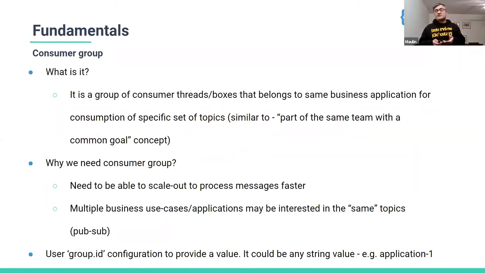The reason we need consumer groups is that in the context of your ecosystem, you could have one application that is interested in a certain set of topics, and there is another business application which also wants to use the same topic and data. However, their use of the data and the business needs are completely different in what they do with the message, which means they are not the same consumers. So logically, they want to separate that consumer using a different value of the group ID. They could say application 2, for example, and then Kafka will treat them as a separate consumer group.